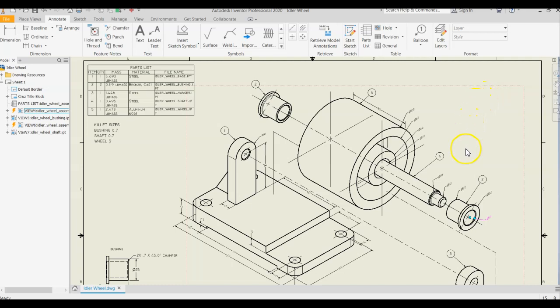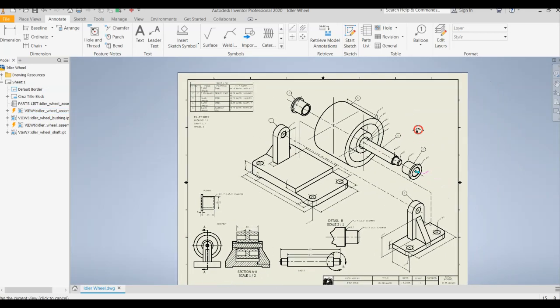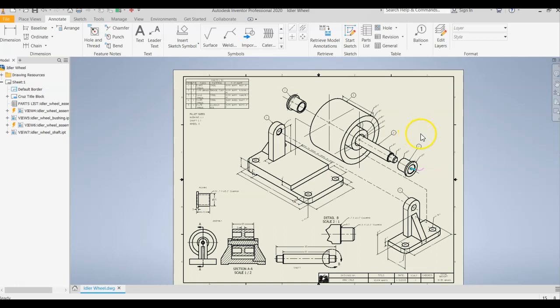Hello, engineering students. If you're working on this idler wheel, you should be pretty close to being done at this point in watching this video. So you have completed the assembly, you have completed the animation, and you have placed your assembly, your exploded view